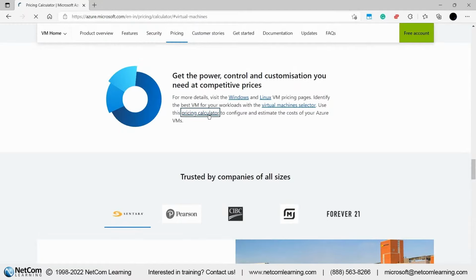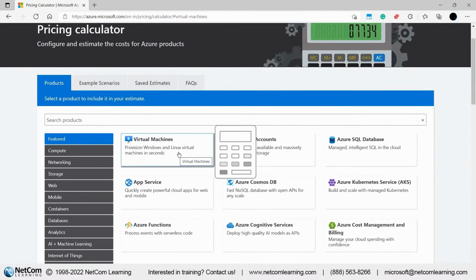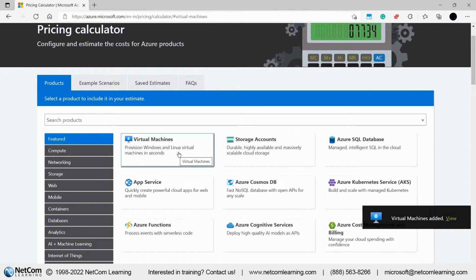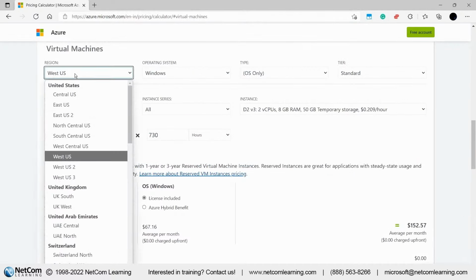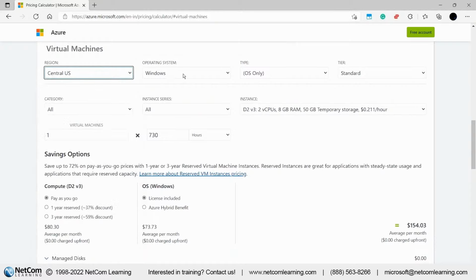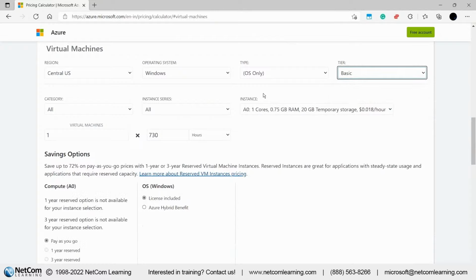We can look at this pricing calculator that's given by Azure, and look at virtual machines as an option there. In this pricing calculator, I will get to know whether cloud computing is going to be cheap for me as compared to my current data center or not. Let's say I'm using one of the regions, and I will talk about what regions are very soon. As I mentioned, I spoke about the global presence. Let's say I'm in one of the regions where Azure has availability, maybe central United States, and I want a Windows operating system here. They are tiered, but let's say I want to go with the basic plan there, and